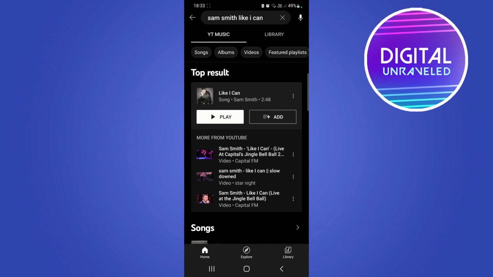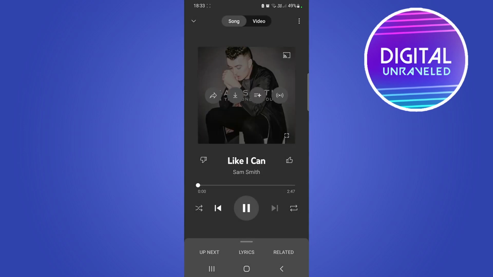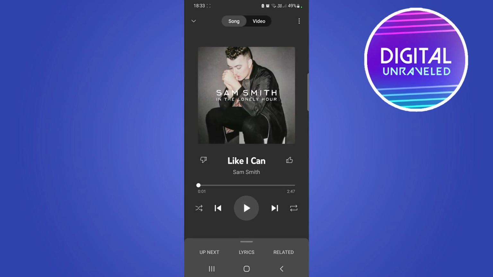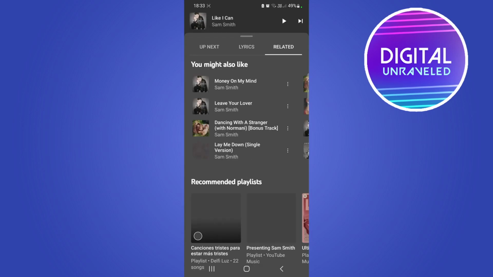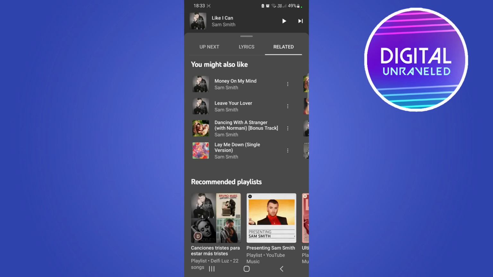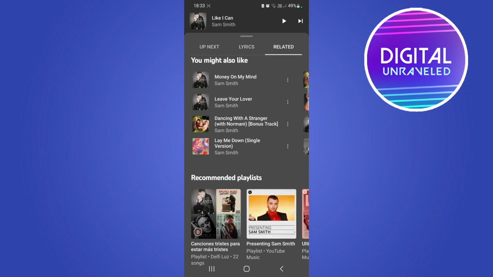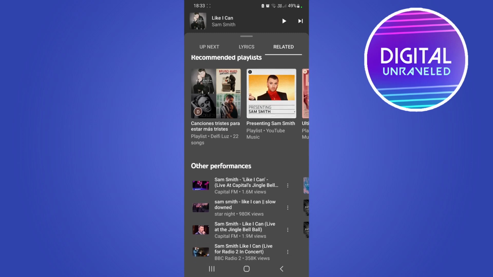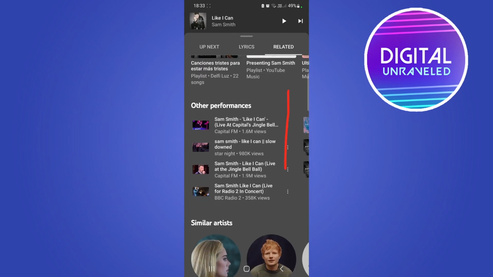So I did this as a test earlier. I typed Sam Smith Like I Can. So if I just play this without the music, all you need to do, I'll pause it. You can see at the bottom right hand corner it says related. You want to tap there where it says related, and you do want to update your YouTube Music app to the latest version. Now you can see if I scroll down, it says other performances right over here in this